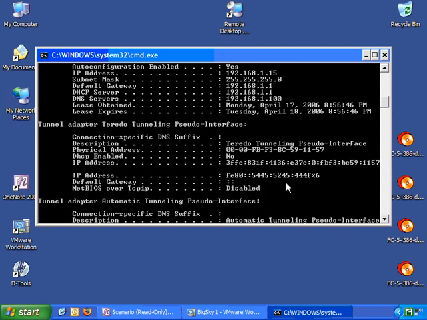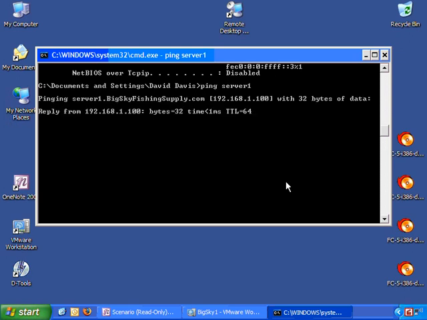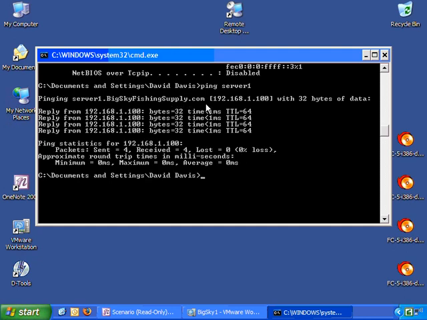So to test it out, make sure it works, first let's start off by doing a ping server1. You see it resolved here to bigskyfishingsupply.com, and it looked up the IP address and it got a resolution. So we were able to successfully ping server1 by name. Now let's try another one. Let's ping an internet address,